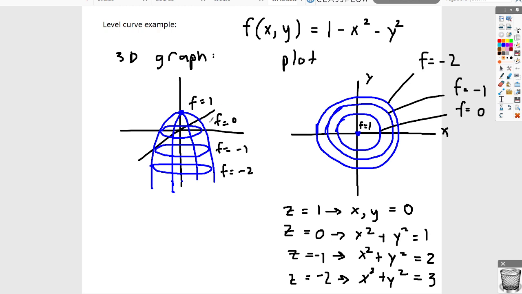If you take a cross section, you'll get a parabola, right? And this is what the plot looks like. At f equals 1, there's just 1 point, because that's where f is equal to 1, right? At 0, 0, and then a circle of radius 1, you get a circle of radius 1 at f equals 0. You get a circle of radius root 2 at f equals -1, and it actually becomes